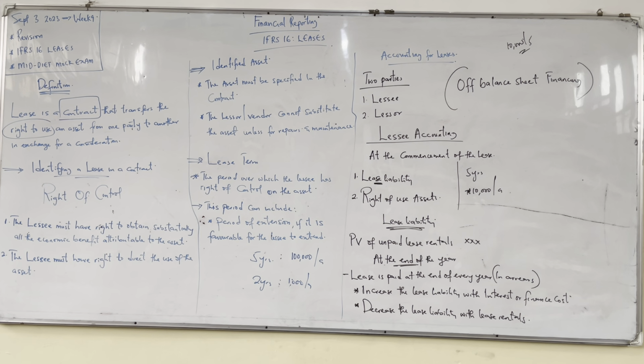Because if you're supposed to pay 10,000 over 5 years, which is 50,000, if you discount it to present value today, it will be around maybe 42,000, depending on the discount rate. When you get to that future period, that amount should be 50K wherever you are keeping the account. And the way we do that in reporting, to ensure that we take back as we move through time, the amount will increase. We do that with interest or finance cost. Okay, that's majorly why we are adding the interest.